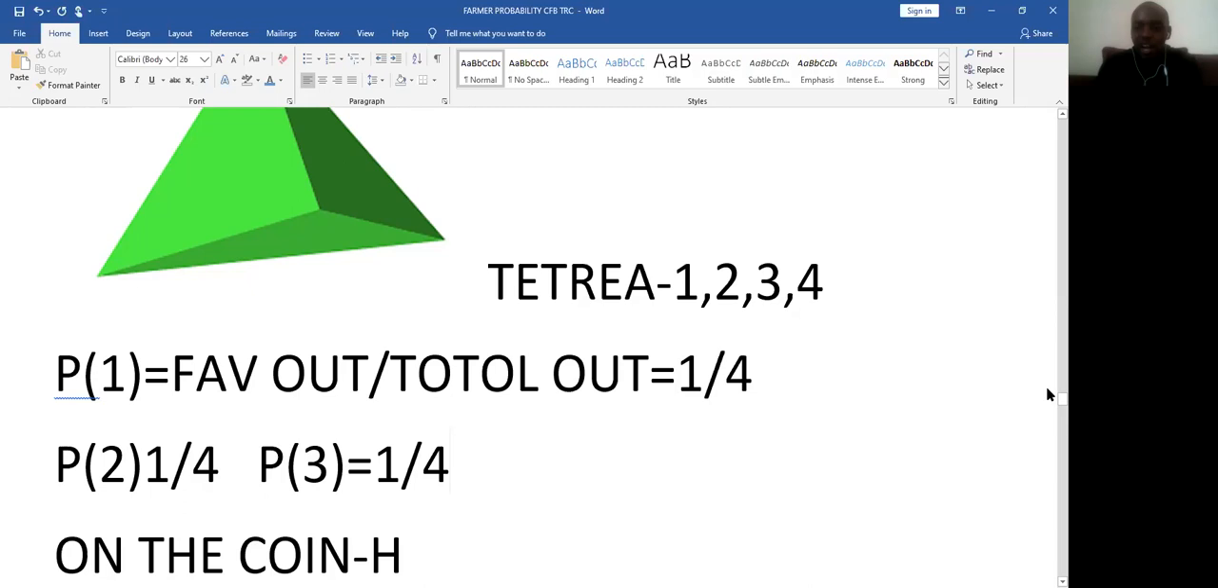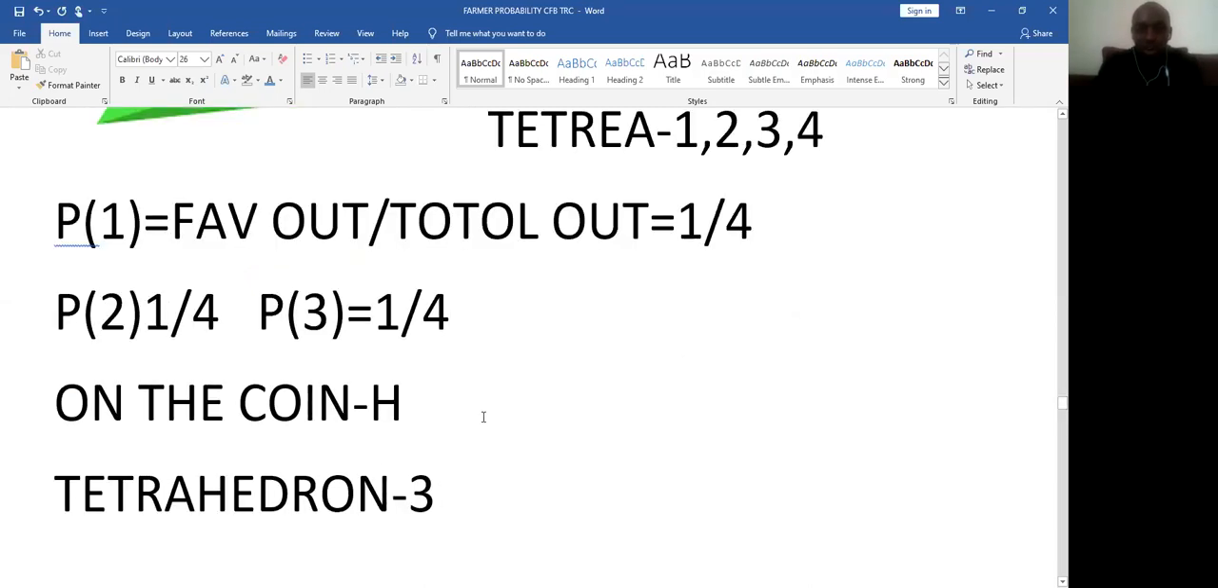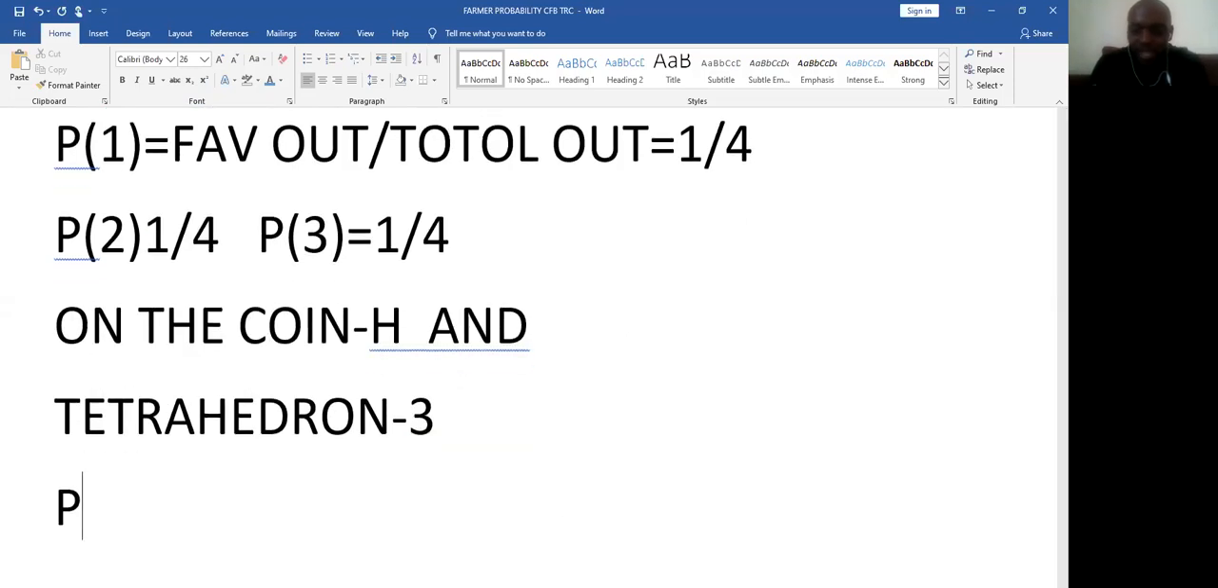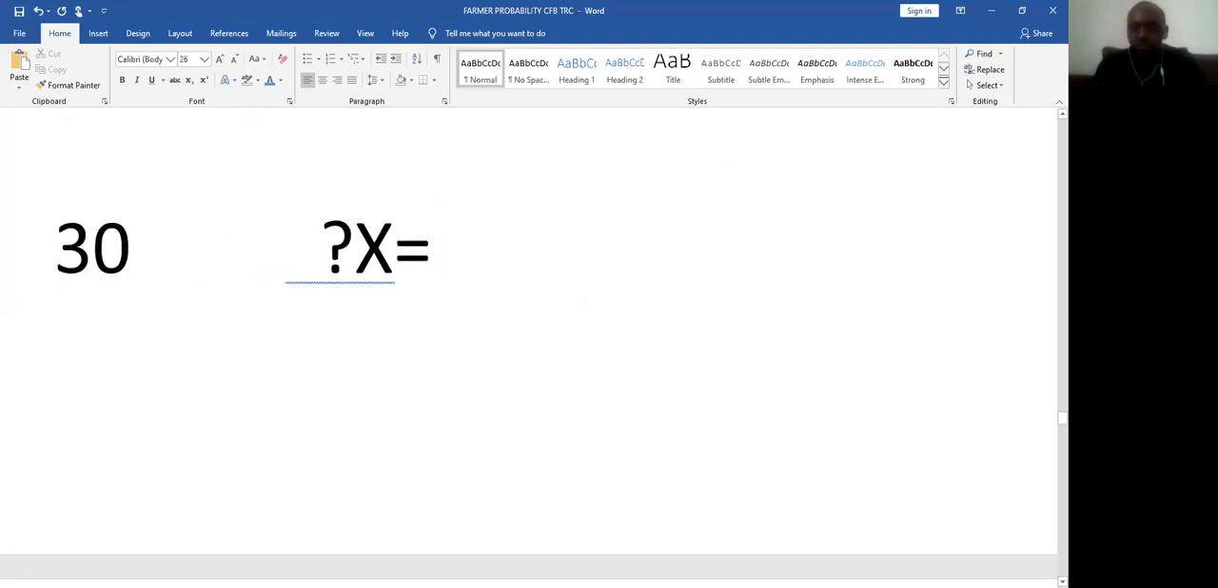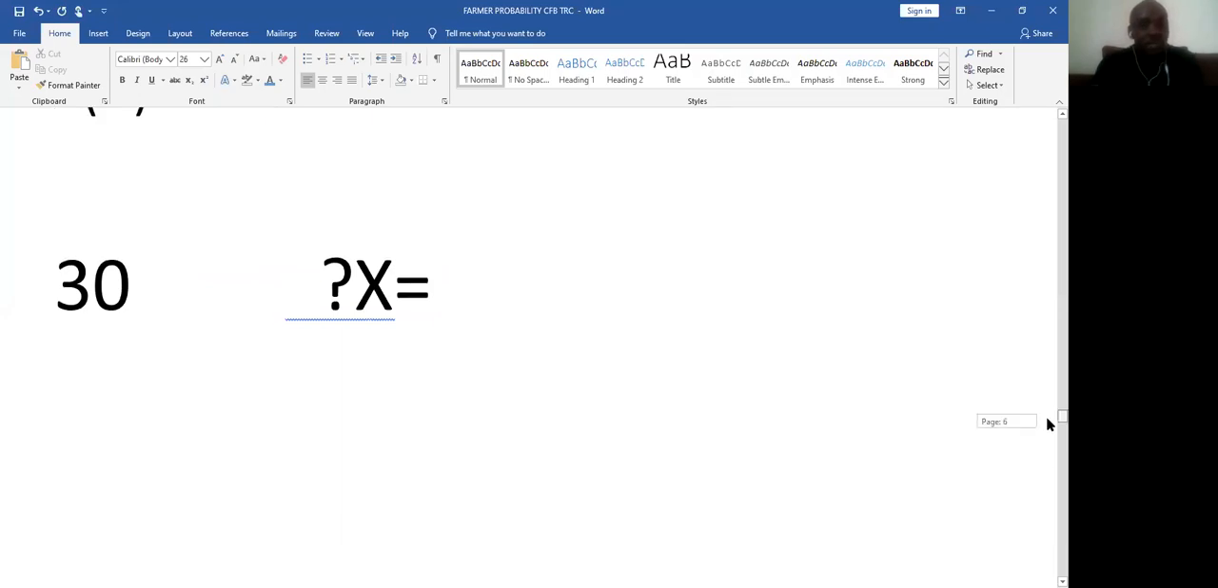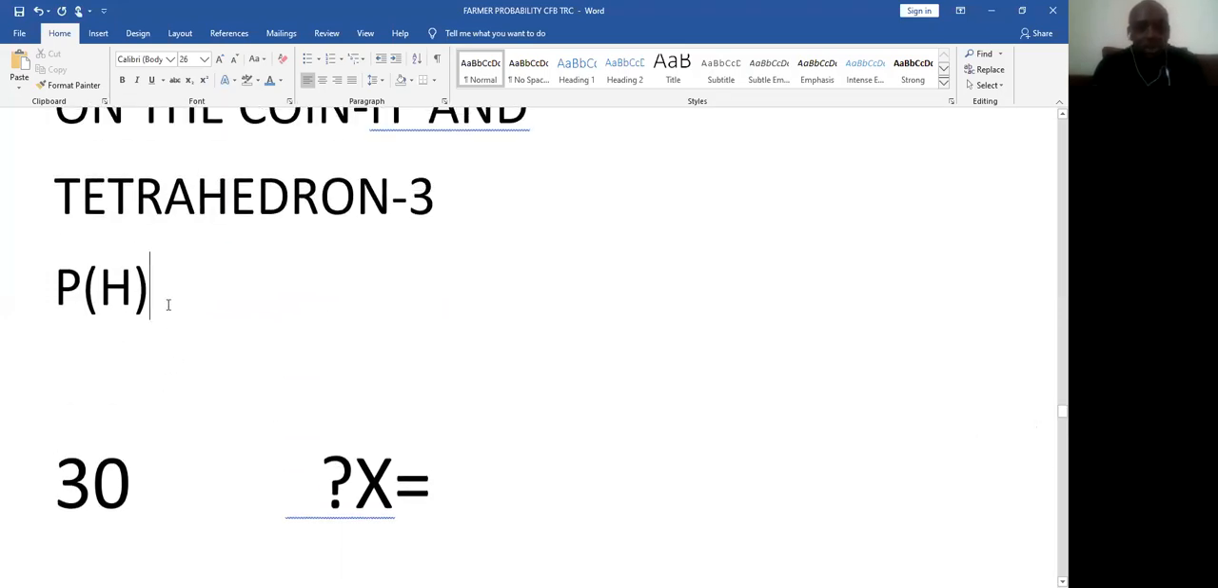Okay, so you want to get a head on the coin and a 3 on the tetrahedron. The word here is and. Now, the probability of getting a head on the coin, the probability of a head occurring normally is a half. A head can only occur 1 out of 2 outcomes because you have either a head or a tail. So a head can only occur 1. And